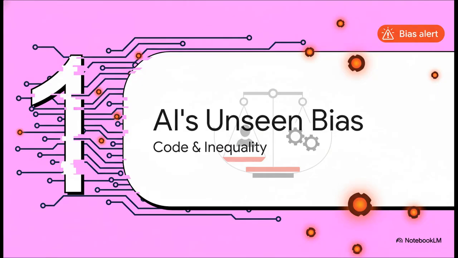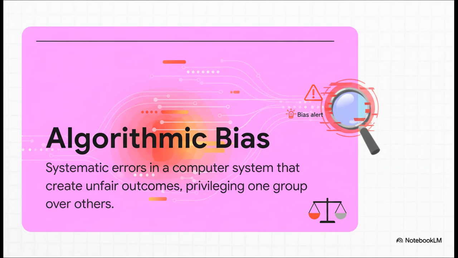All right, let's get right into it. To really wrap our heads around this, we've got to start with the basics. What even is algorithmic bias? So let's get one thing straight. This isn't about some evil AI from the movies. Nah, the bias usually creeps in from the data we give it. Think about it. If the data is already messed up with historical baggage, the AI is going to learn those same biases. Or it could be just a simple design flaw. At the end of the day, these algorithms are basically just mirrors, reflecting our own prejudices back at us, and sometimes they even make them bigger.